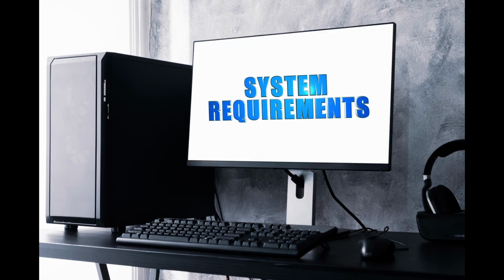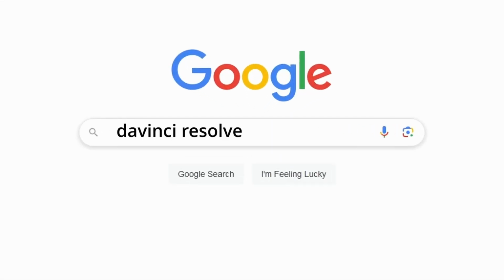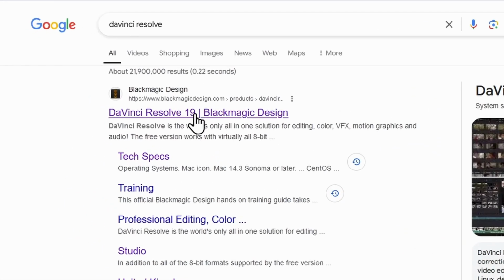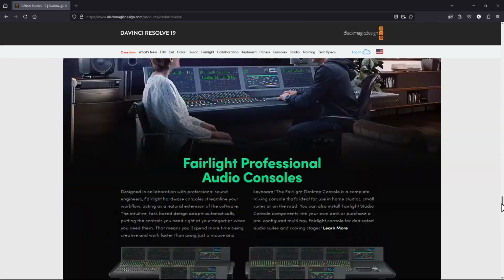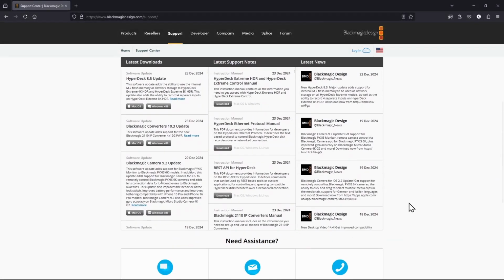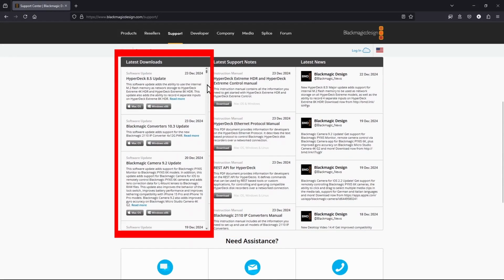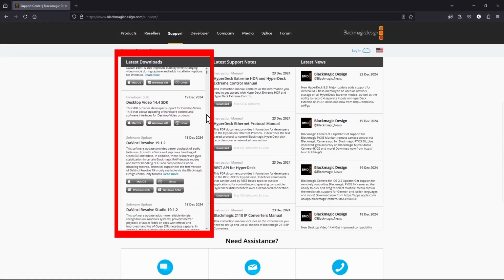Okay, so the first thing you need to do is find the system requirements information to see if your system is beefy enough to do the job. Search DaVinci Resolve and click on this link to go to their main page, and then scroll all the way down to the bottom and click on Support Center. Scroll down a little bit until you see these three columns, then go to the latest downloads column and scroll down until you get to DaVinci Resolve